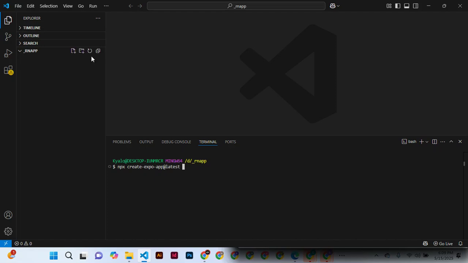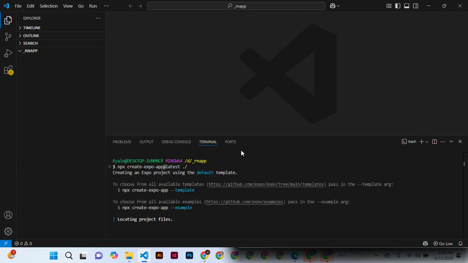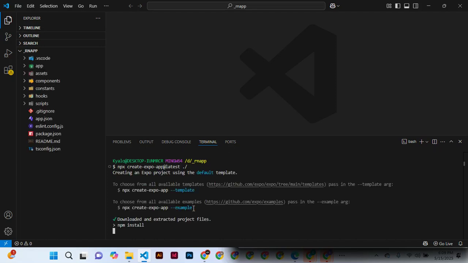And in order to make Expo install in the current folder, you can use dot and forward slash, then you click enter. Now this will take a few seconds according to your network or internet speed, and then it will be